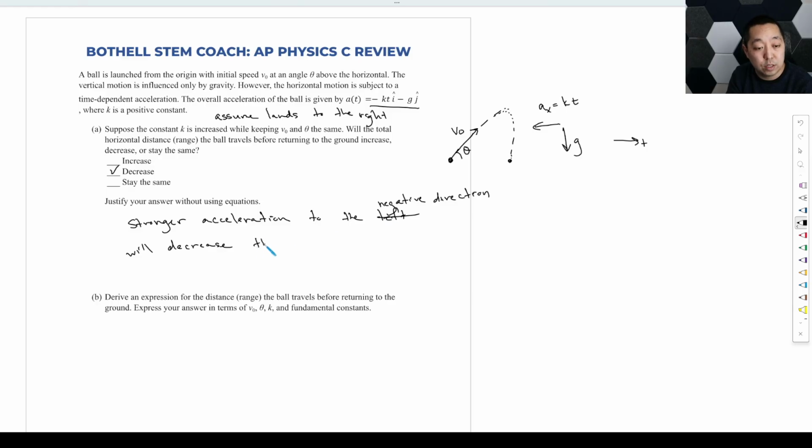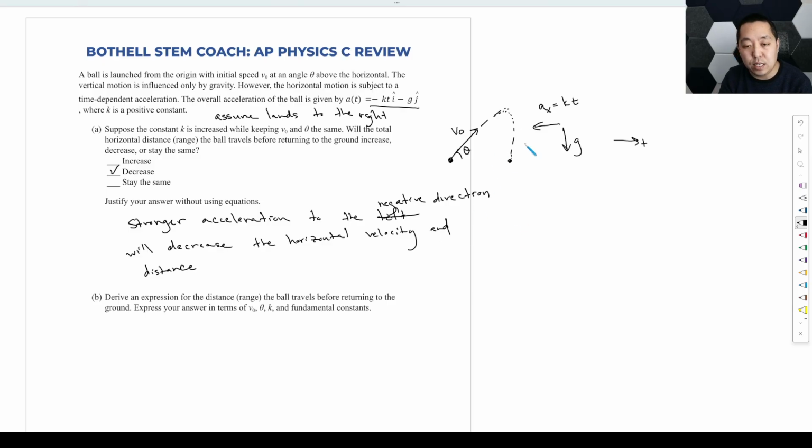Will decrease the horizontal velocity and distance, horizontal distance. Okay. So let's derive an expression for the range that he travels here, right? And so we have to think about the y direction, the acceleration is constant. So let's think about first,